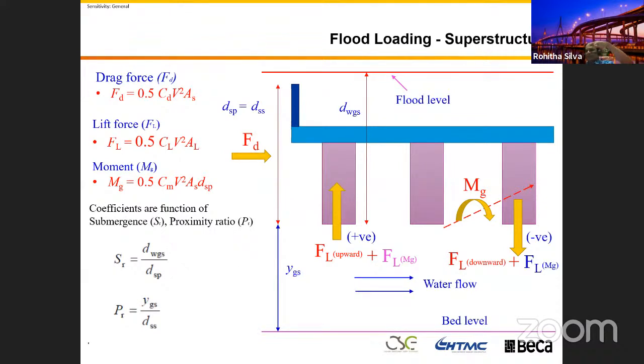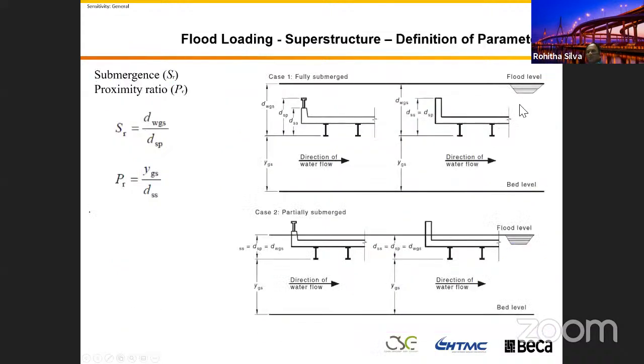So the deeper the girder or the shallower the girder, like a plank bridge or an I-girder bridge for 20 meters or 30 meters, you get a different superstructure depth, right? Then this is what the code gives you, the definition of this. I put in here the fully submerged and partially submerged cases. They define partially submerged where the water level is below the top of the barrier. You know, on the bridge we have a barrier on either side. So it's just below that. And the definition is exactly the same, the water level to the